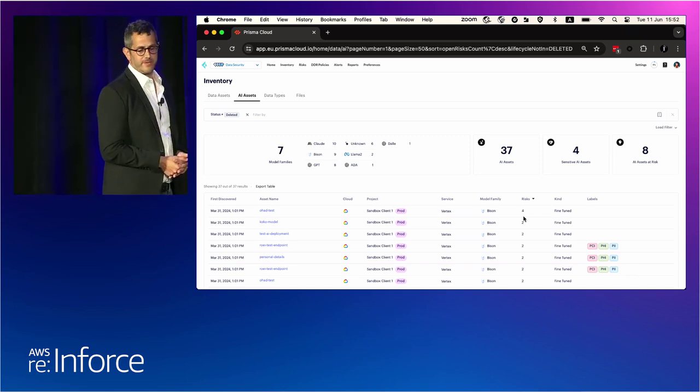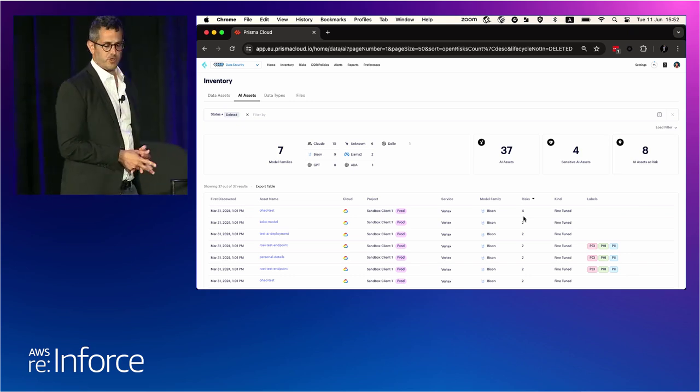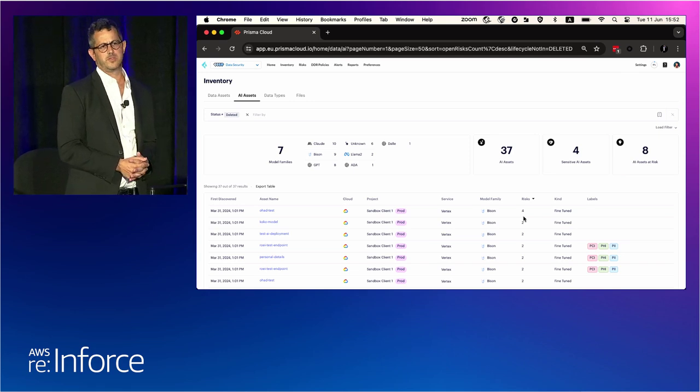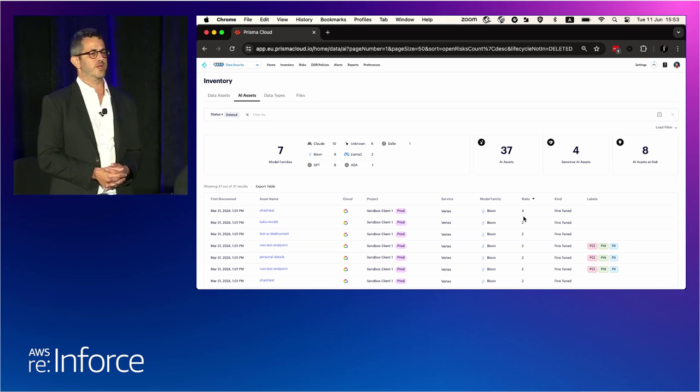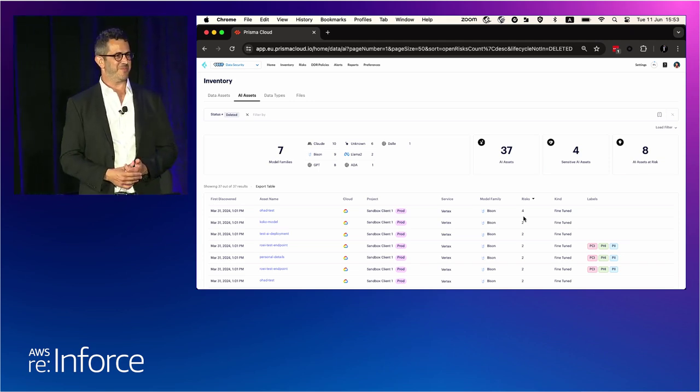We just started a pilot of our ASPM technology. This is currently in beta with, I think, about 20 customers. And what we found is that in one of the largest healthcare companies, we found a public model being trained on sensitive data that is available to the entire world. Anyone can ask questions to that public model.